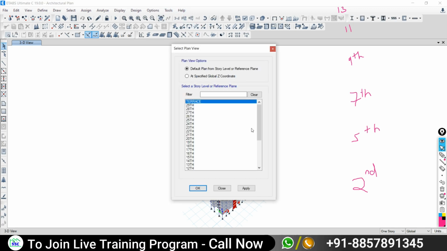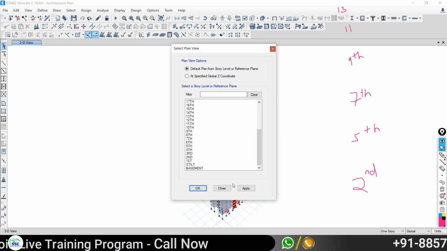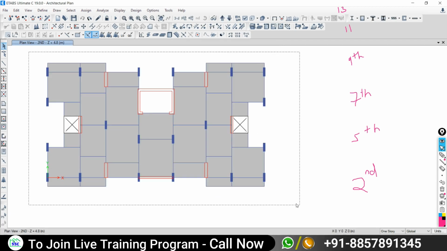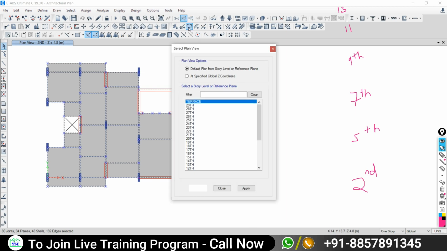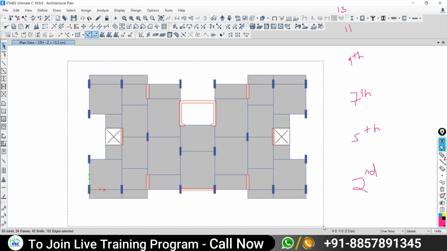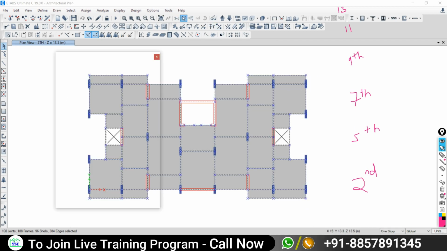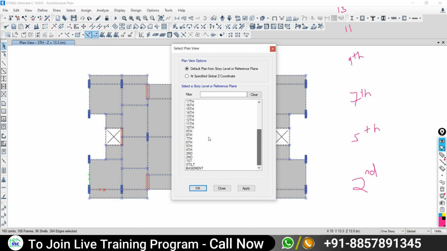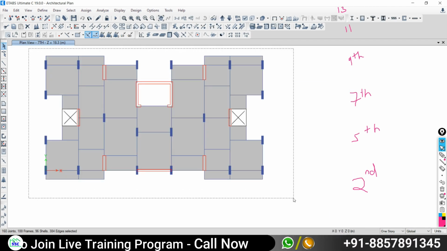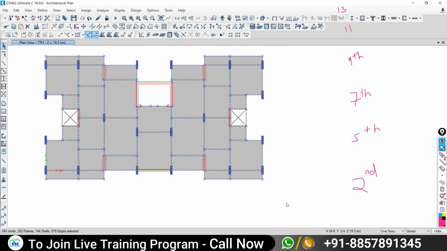Now it becomes a little hectic to make the selection. Go to second, drag from left to right, then go to plan, come to the fifth one, say apply, drag from left to right, making the selection, then go to plan, come to the seventh floor, apply, drag from left to right, select all. So it is the right way.